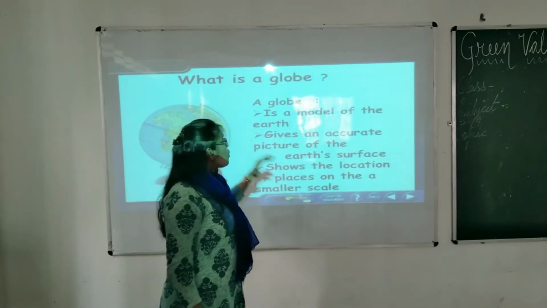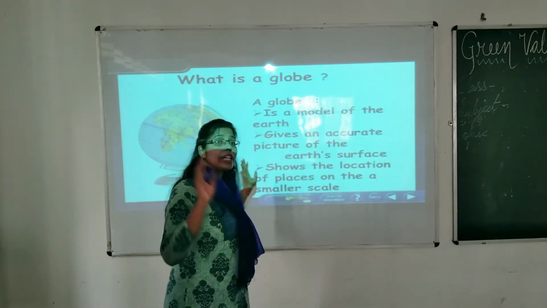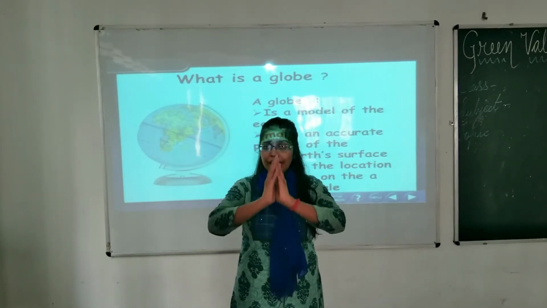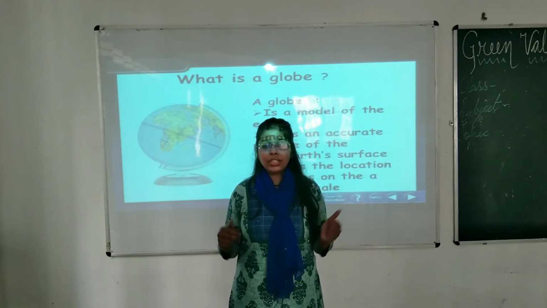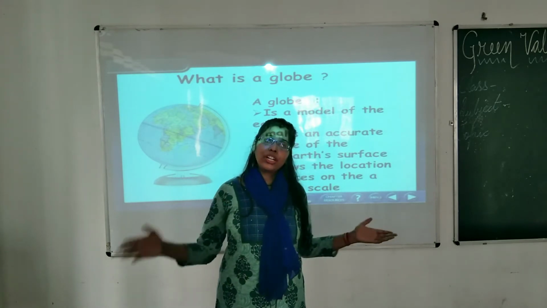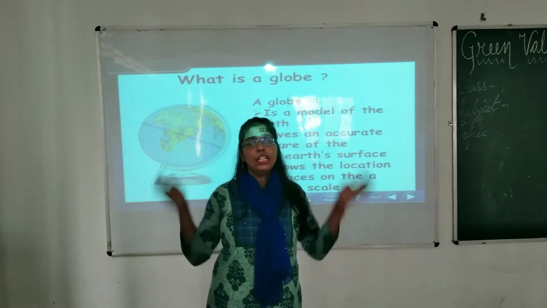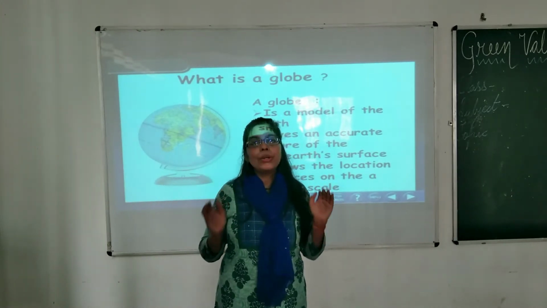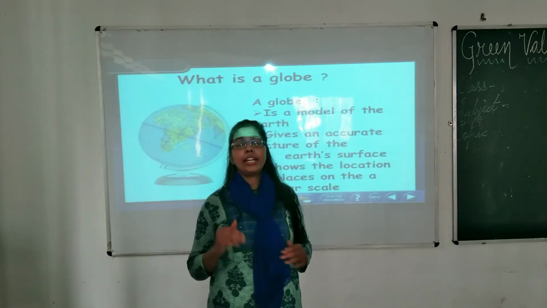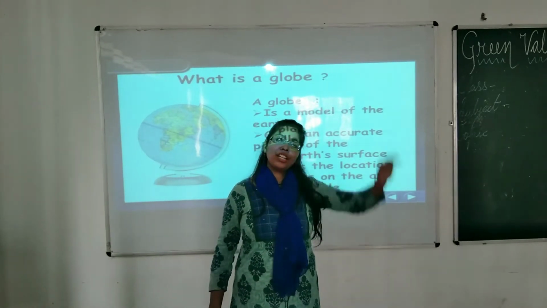Now it shows the location of places on a smaller scale. That you will be studying also, how it shows the location of a place on the smaller scale. Globe में हम क्या से location देखते हैं places की. Nowadays you know Ola cabs, you are using Zomato, Swiggy, how they are reaching your home. Just you are sharing your location and they are reaching your home. This is all happening due to GPS. So that I will be telling you all, but slowly and steadily. इतनी जल्दी नहीं जाऊंगी, आराम से धीरे धीरे एक एक कॉन्सेप्ट को क्लियर करेंगे. So I will be clearing your concepts because basic geography starts from here only.